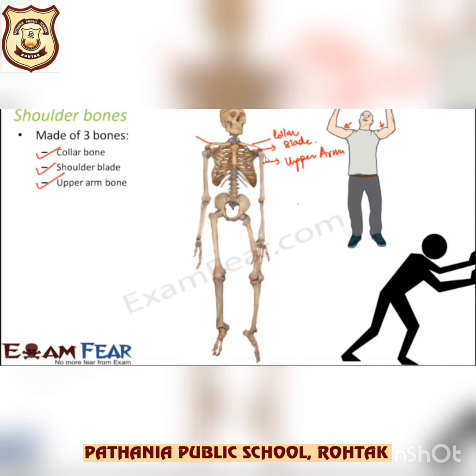The main functions of the shoulder bones are the following: the collarbones on the two sides of the neck keep our shoulders apart. Shoulder blades attach the arms to our body. What is the function of the shoulder blades? Shoulder blades provide sites for muscle attachment, which moves the arms, neck and upper part of our body. All right, I hope it is clear to everyone. Shoulder bones.